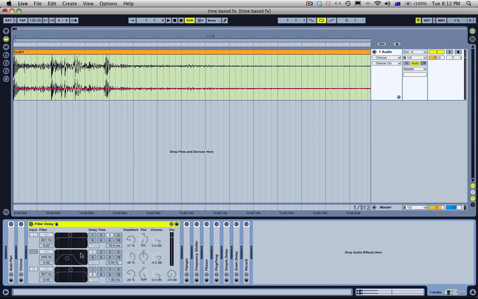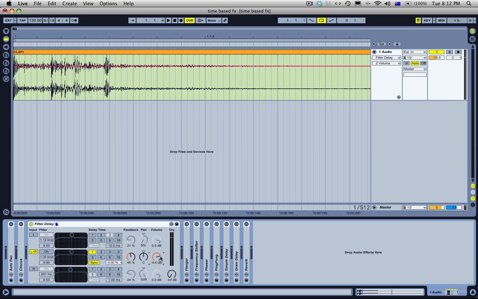Alright, so moving on. The next thing is a filter delay. Essentially with a filter delay, we have a filter, like an EQ, in the center of the delay, and we have the left and right sides and the middle. If I turn the left and right sides off and just leave the middle on and open this bandpass filter all the way up, we basically just have a regular delay. Or I can just turn that filter off and it'll go straight through into the sync rates and then out to the feedbacks, the pans,